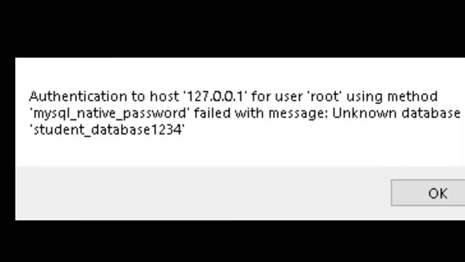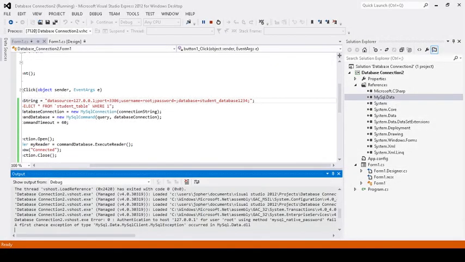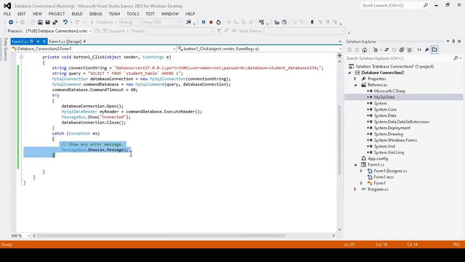Then let's try to click connect. It will pop up a message showing the error. So this is the error: authentication of host 127.0.0.1, unknown database student database underscore database 123. When you go back to our source code, if you notice here, we have the catch method. So if there's an error in here, then it will show an error in our message box.